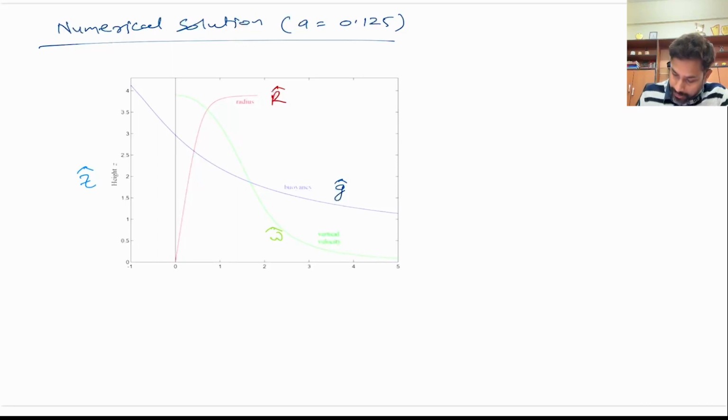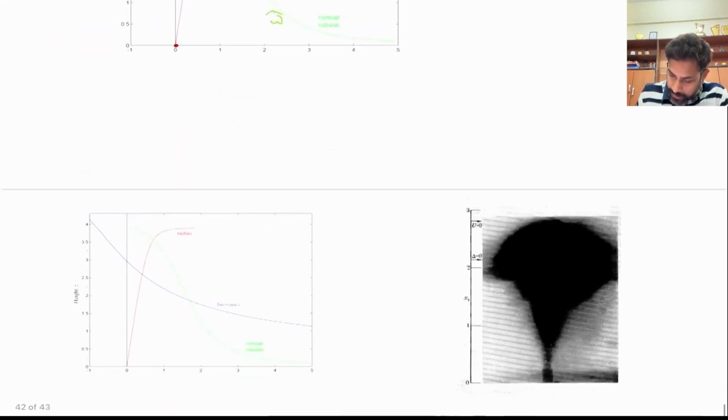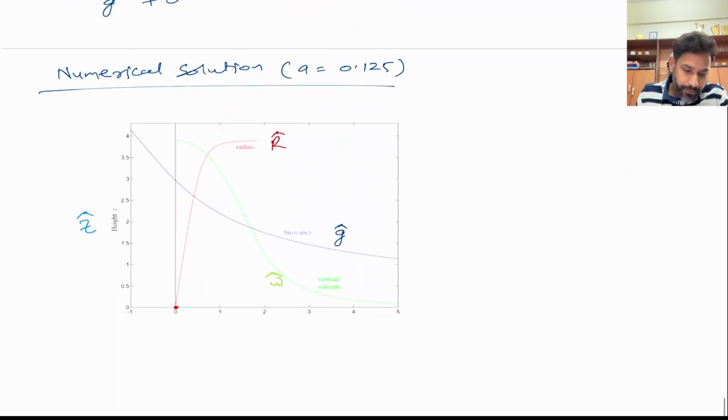So we are assuming that the plume was injected at z equal to 0, right? And the radius r equal to 0 at z equal to 0, right? So that is the boundary condition we have also used, and you can see how the radius continuously increases,